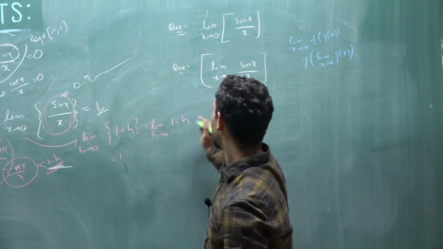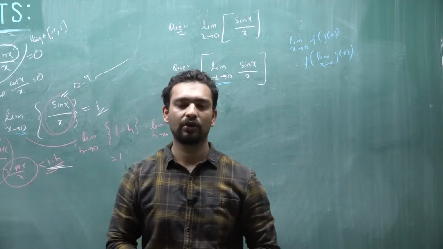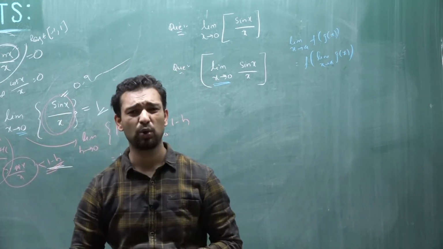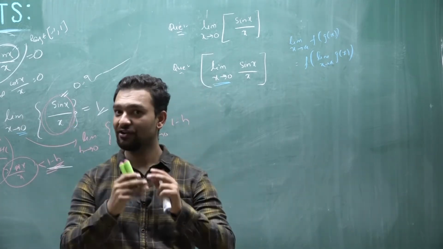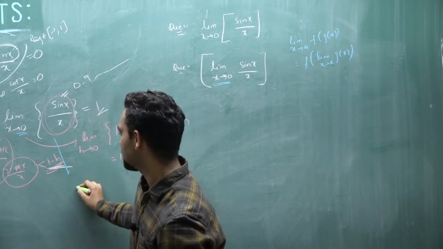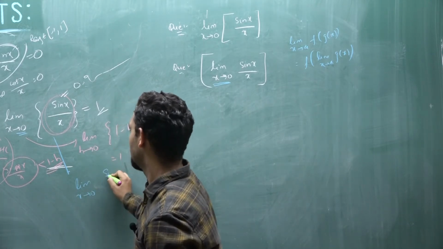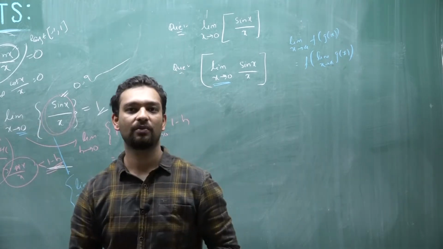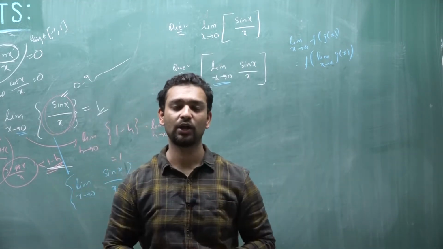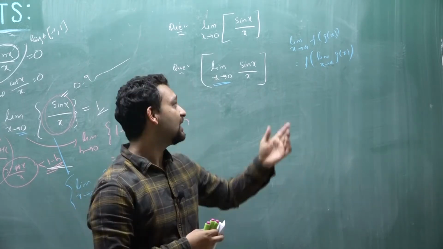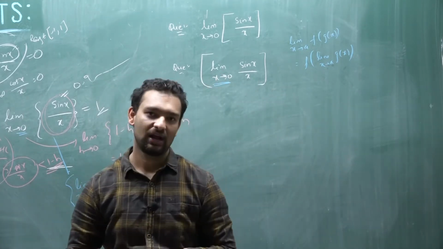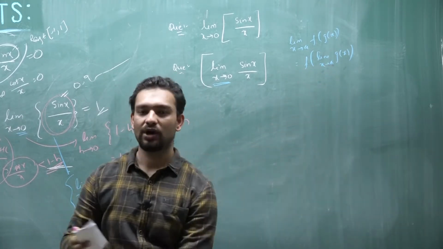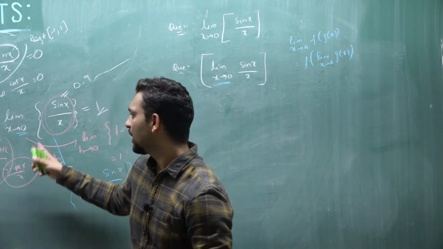But if you look here, or here also, both the functions are not continuous at x equal to a. Here in this case the answer is coming out the same, but in this case the answer will not be the same. What we have here is limit x tending to 0 of sin x upon x, and its fractional part. These will not be equal, because the greatest integer and fractional part functions are both discontinuous, so you can't directly apply this property. So we have to check the left hand limits and right hand limits. Okay, so the first part of this is done.